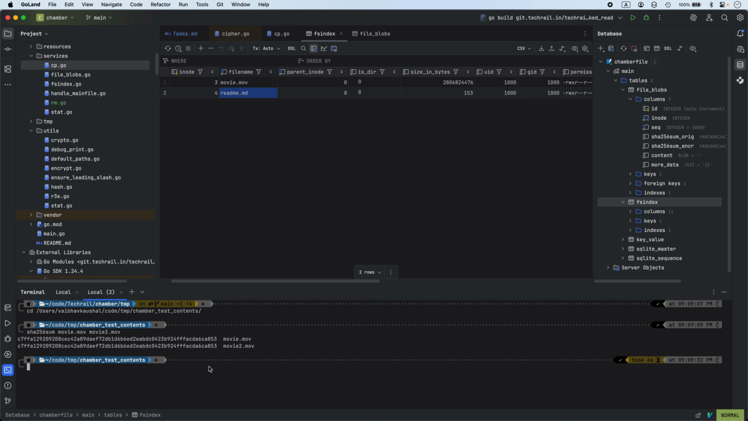Yes, it works, and it did provide me with the exact same hash. So I am able to put a large file into chamber, and I'm also able to get that file back from chamber file to my file system, and that is beautiful, lovely. I am happy. I don't know the behavior of sha256sum, whether or not